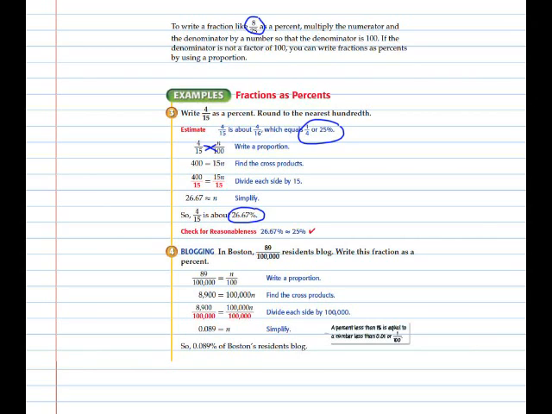In Boston, 89 out of 100,000 residents blog. Write this fraction as a percent. Well, again, cross products: 89 over 100,000 is equal to n over 100. I do my cross products. I get 8,900 here, and 100,000 here. I divide both sides by 100,000, which means in this 8,900 case, I move my decimal point 1, 2, 3, 4, 5 places to the left, and my result then is 0.089